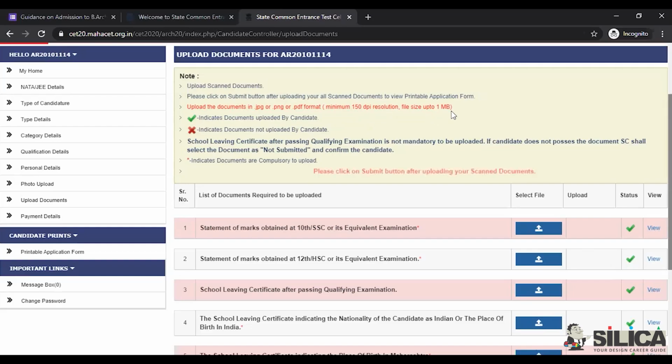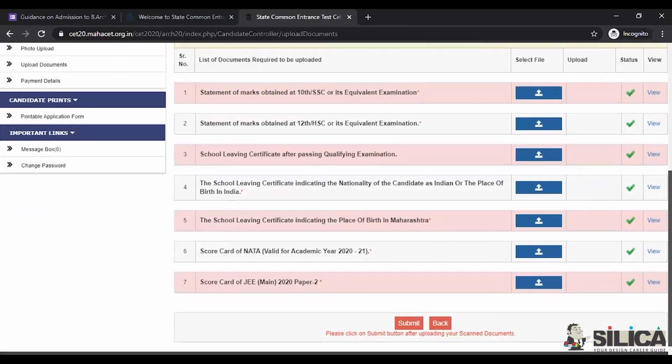That might be a reason, so it will not go up. The status will be a red cross. So once you scan the documents as per the requirement, you will get a green tick. Then again, submit. Don't forget to submit.